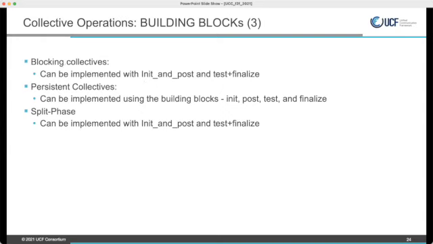You can do init and just do post and test every time you want to call a collective, and you finalize only once. You don't need to call this collective again. Split phase collective is almost similar to non-blocking collective, except there is a promise that there's only one outstanding collective at a time. So we can support various collective semantics with these basic building blocks.